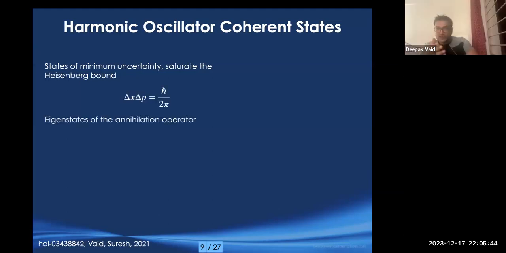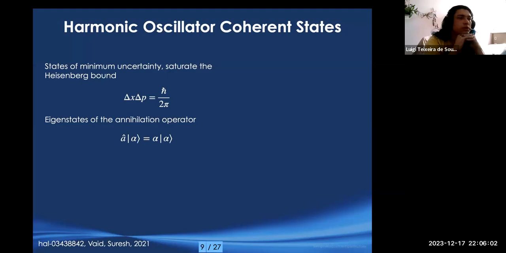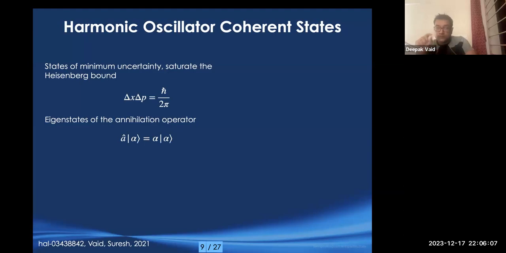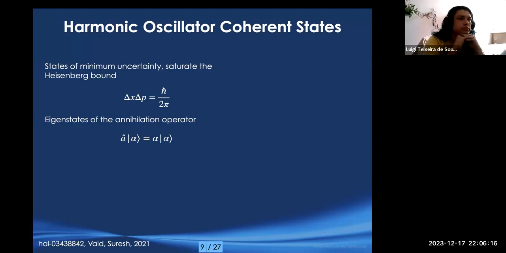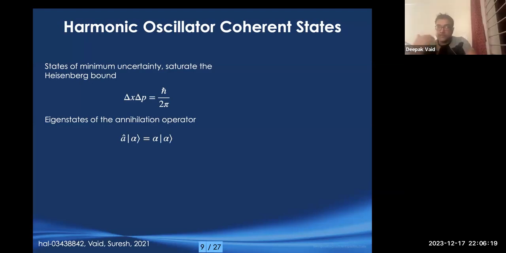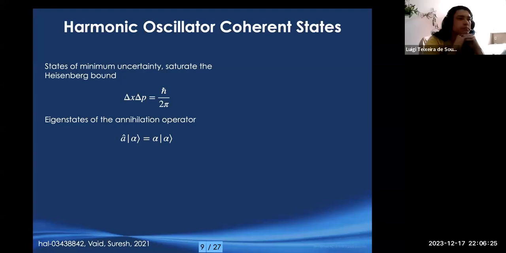So these states were studied, I think, by many people. I think Pauli was one of the first people to study them. It turns out that you have this annihilation operator. In the harmonic oscillator, you have two operators, A and A dagger, annihilation and creation. Both of these operators can be written as linear combinations of P hat and Q hat. Basically, it's a linear transformation from phase space to Fock space, something like that.